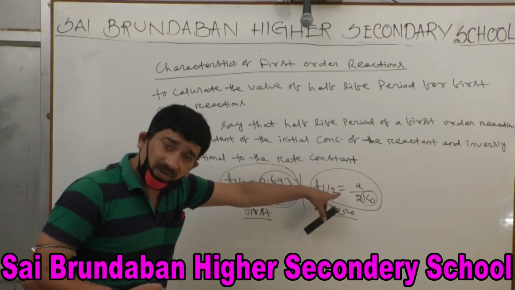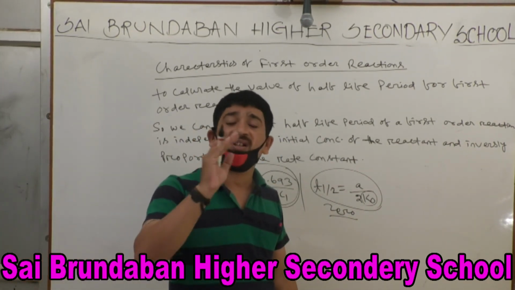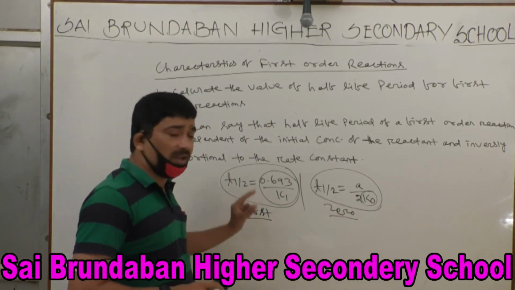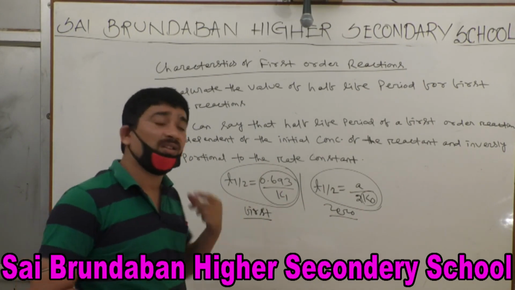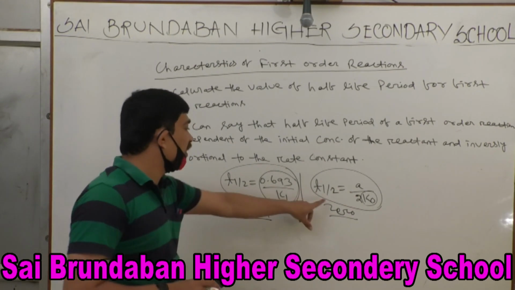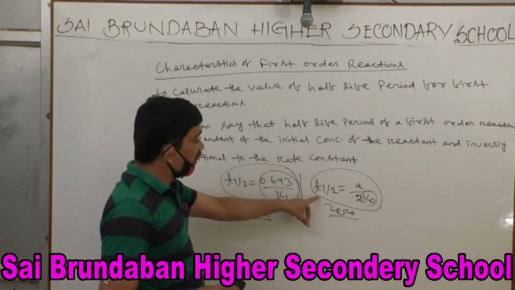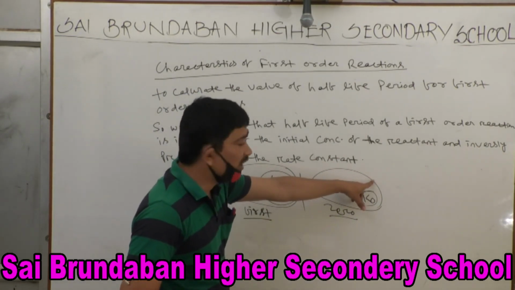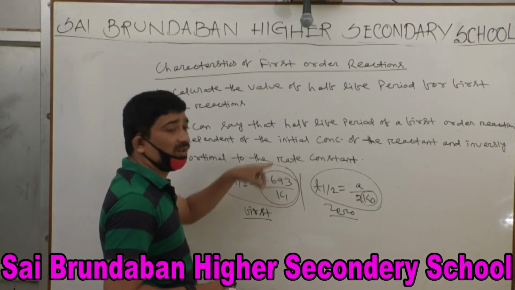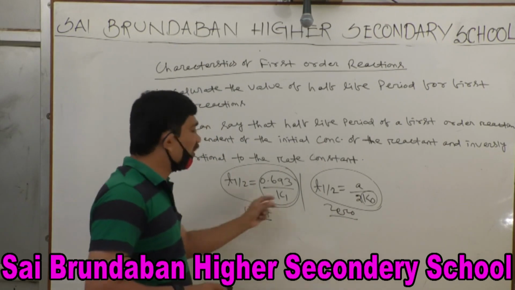But according to the definition of zero order, these are the reactions in which rate of reaction is independent of the initial concentration of the reactant. That is the definition. In case of first order, rate of reaction is determined by the change of only one concentration term; rate of reaction depends upon the concentration of the reactant. But for zero order, rate of reaction does not depend upon the concentration, yet half-life period depends upon the initial concentration. In first order, half-life period is independent of the initial concentration. So this is the biggest difference between first order and zero order.